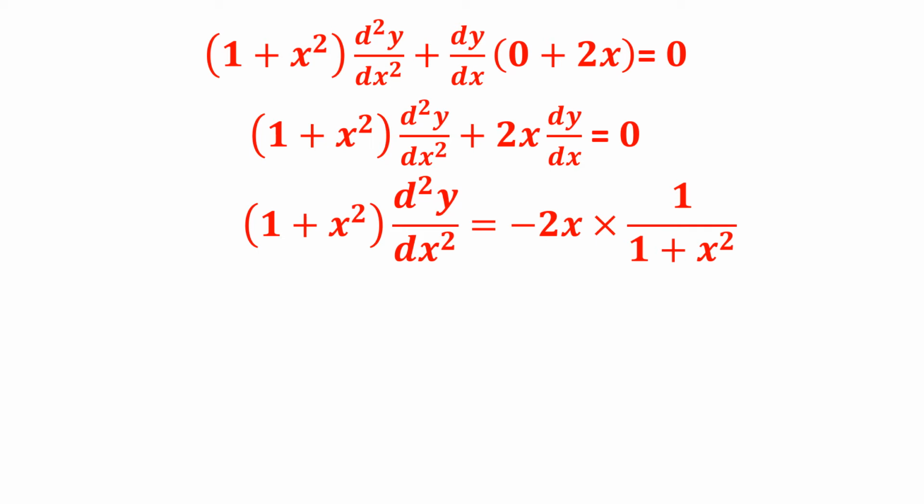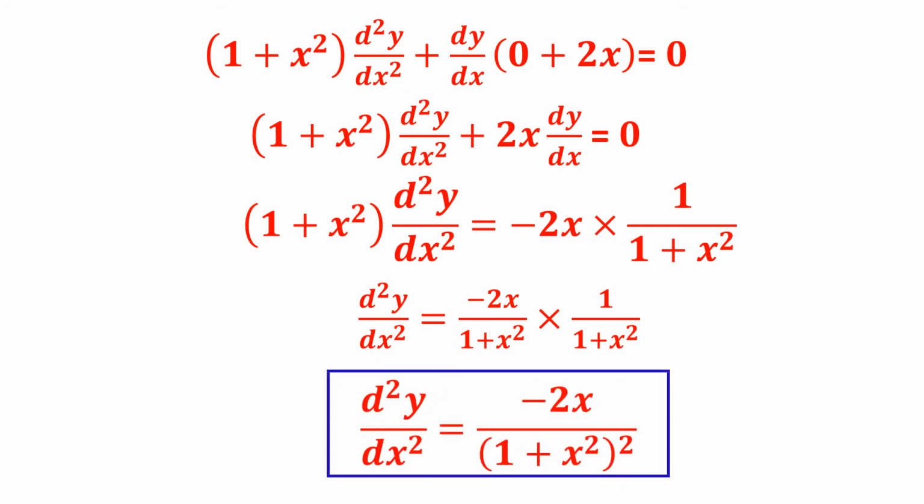Pushing that minus 2x to the right hand side and then writing dy by dx as 1 upon 1 plus x square. Therefore, d square y by dx square is minus 2x upon 1 plus x square into 1 upon 1 plus x square. Final answer is minus 2x upon (1 plus x square) the whole square. Therefore, after the first derivative, if you see some terms are in the denominator, by cross multiplication you can convert the division formula into multiplication formula, product rule. It is well and good.